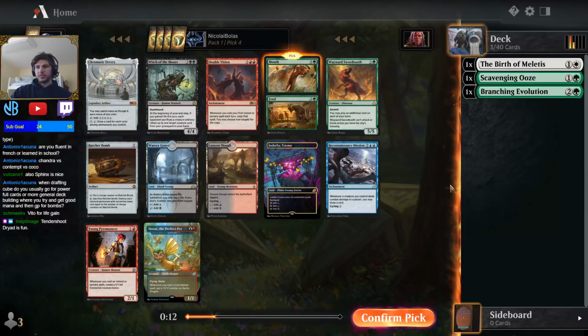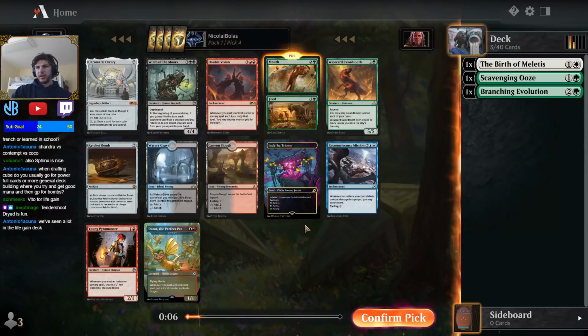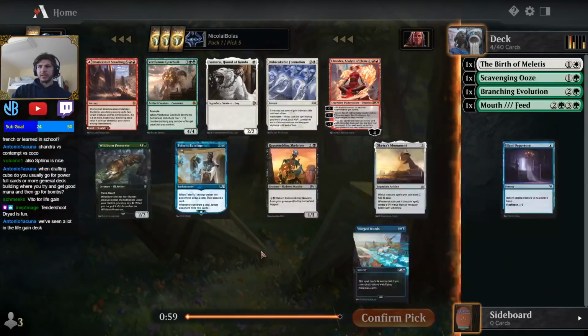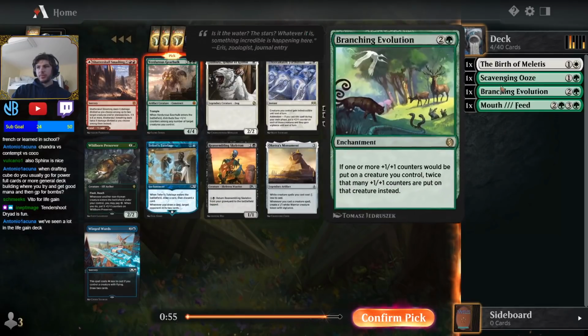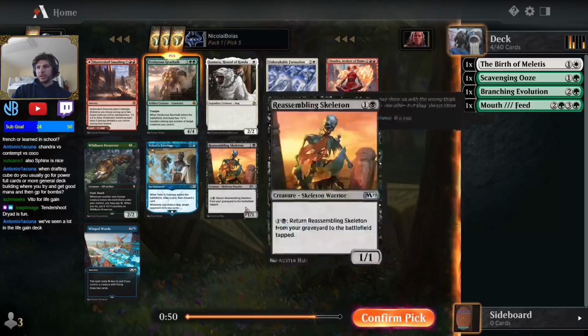I think green-white is probably the color for counters rather than green-black. I think I'm just going to stick to green cards because there is a lot of powerful stuff here. The Witch is pretty good, but I'm not sure if I'm going to be able to get the life gain to support it. Well, this is just a beating with Branching Evolution. This card's also pretty good with Branching Evolution if I can get...